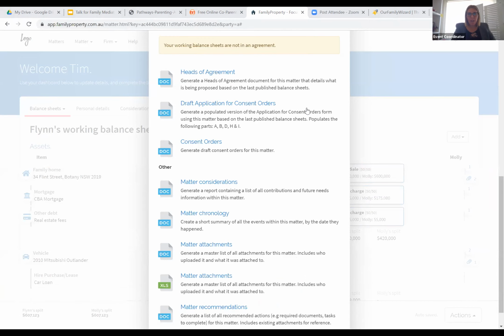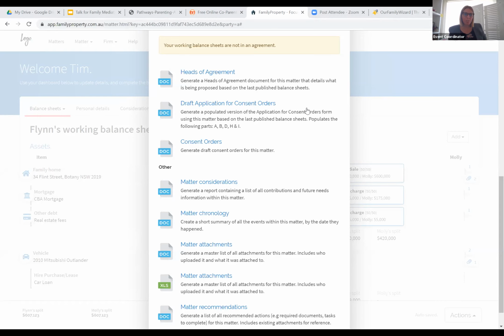Okay. Good. So as you can see here, the heads of agreement actually brings across, if the parties or the professional has put in any dates, so dates of birth, dates married, commenced living together, that inheritance, renovations, when they separated, the refinance on the home, the ADVO, the second refinance, the works completed. It then brings across not only the financials, but the agreement into wording and categorises that. So real estate, that within 90 days, the parties will sell the home. At Botany, the estimated split is X and Y.